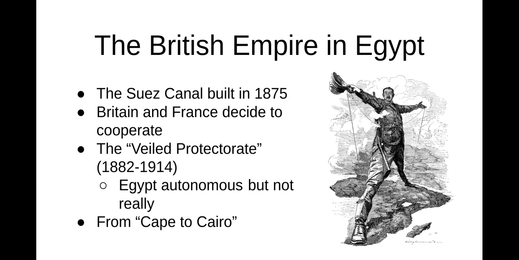So it's a protectorate. It's really a de facto protectorate. The British have their warships. They kind of control it, but there's no actual direct administration, or at least no actual direct administration on paper. And so that Veiled Protectorate of British control of Egypt really extends from about 1882 to, look at that, 1914